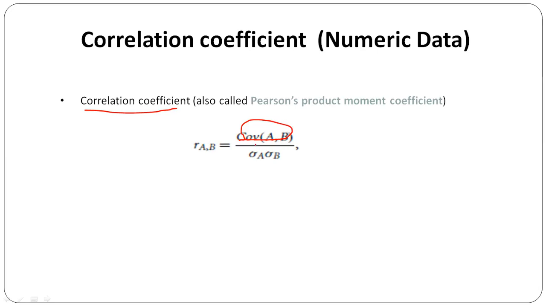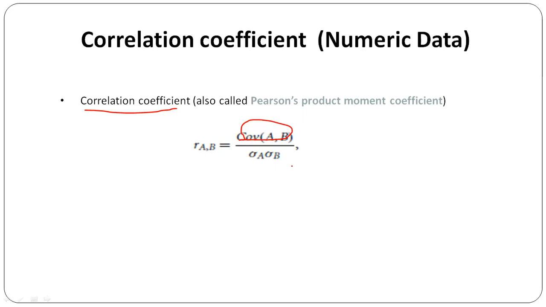For example, if the covariance of two features A and B gives a positive value, then both the variables are positively correlated. Similarly, if the covariance gives a negative value, then we can say both the attributes, variables or dimensions are negatively correlated. Here attributes, dimensions, variables all are the same. All are representing the columns of a data set.